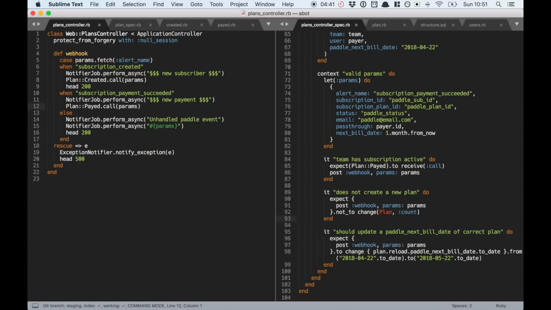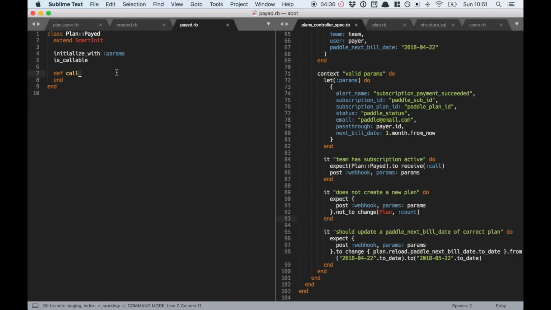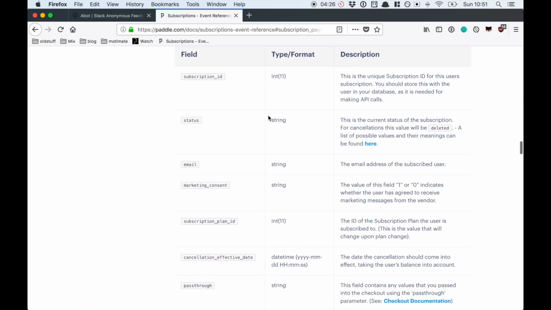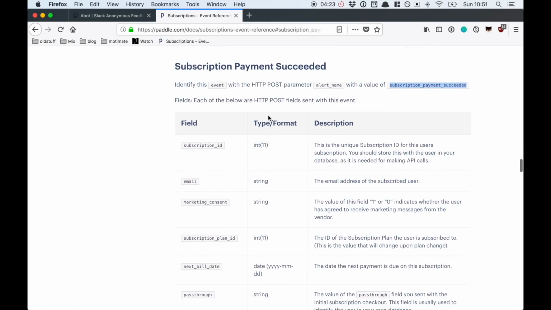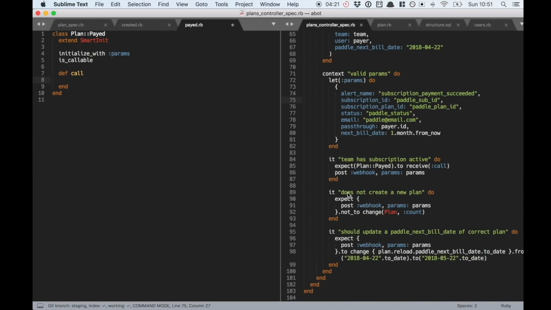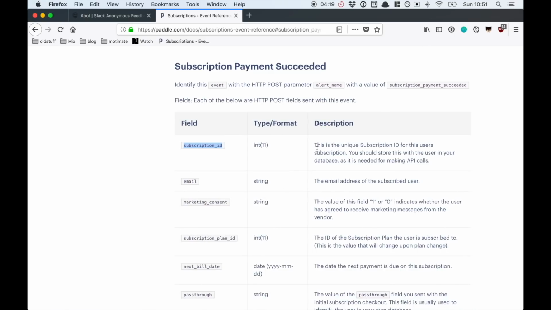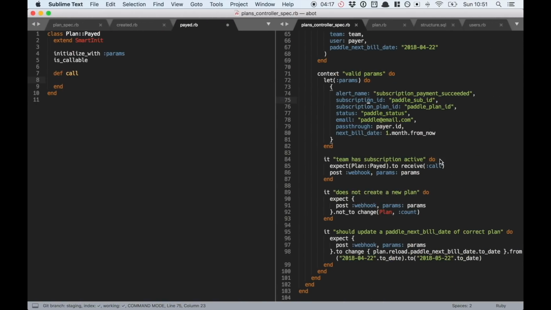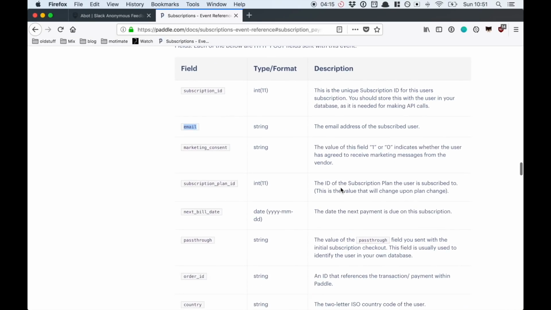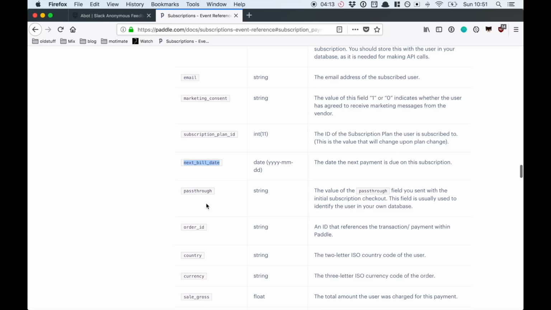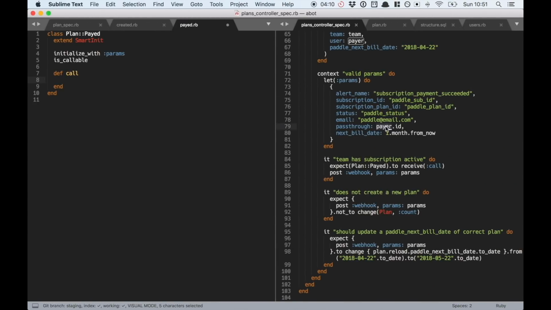So what we need to do is to implement the plan paid object now, and it's initialized with params, and we need to find out what kind of params we receive from Paddle. So these are the params that reach us. This one is the same. This one is the same. Next build date. Pass-through is the name of the param. So yeah,